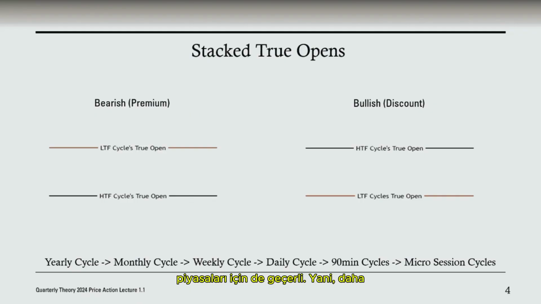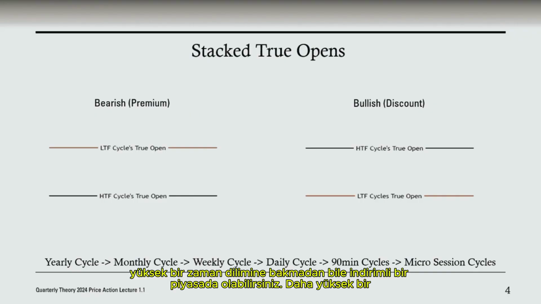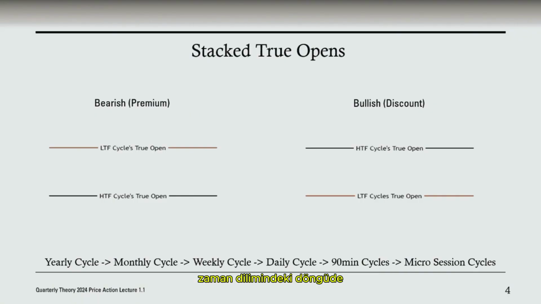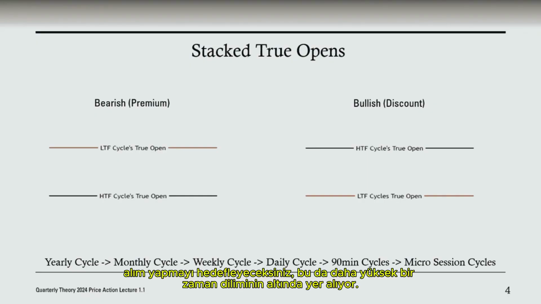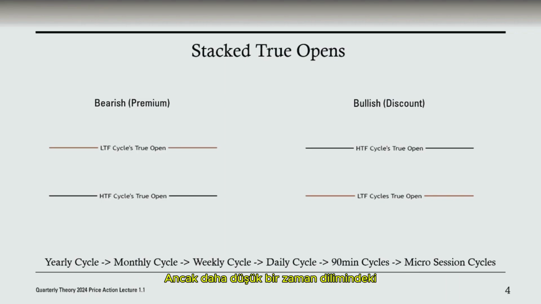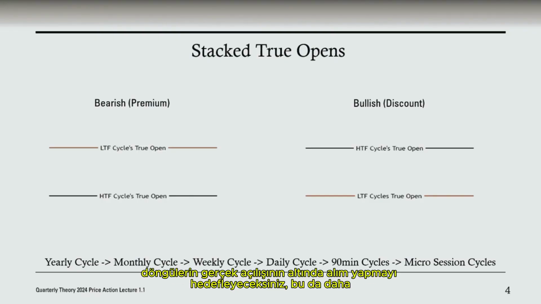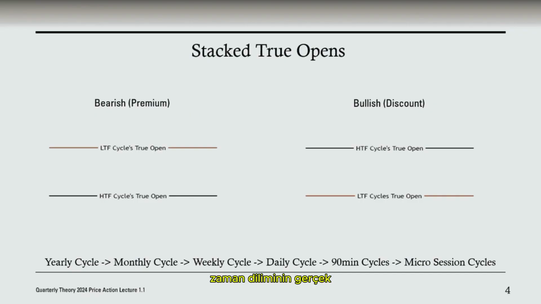So in regards to time, you can be in a discount market without even looking at higher time frame levels or whatnot. You would be looking to buy below a lower time frame cycle's true open, which is located below a higher time frame true open,